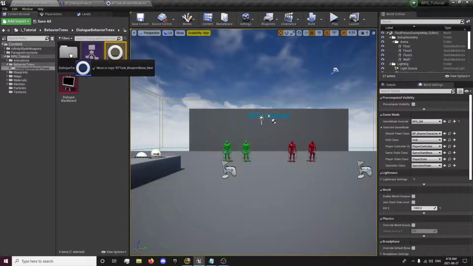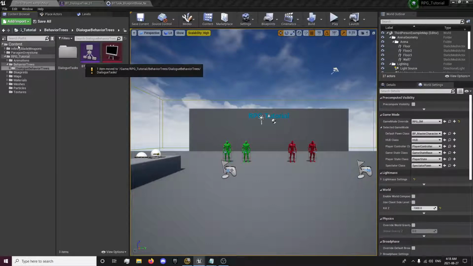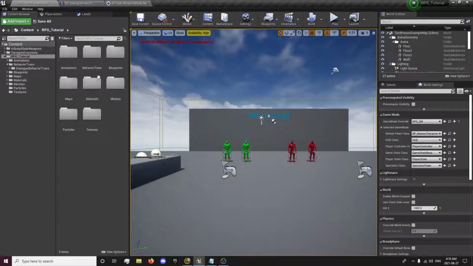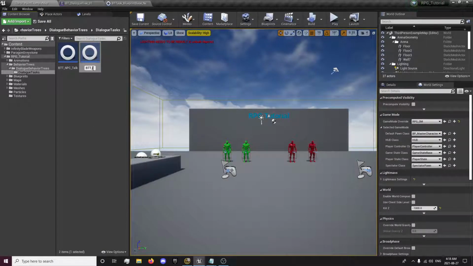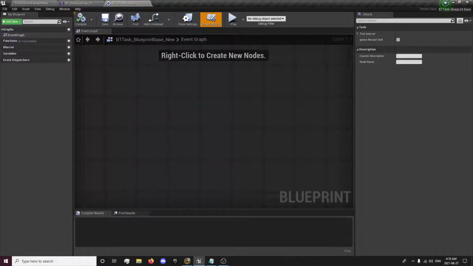I'm going to move it into the folder with my other task. Redirectors just in case. That's going to be our player reply task. So we want to open this up, and